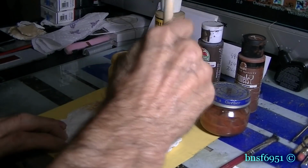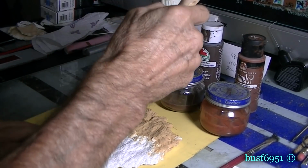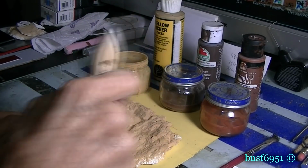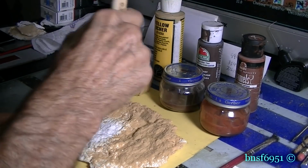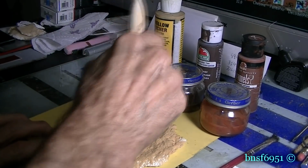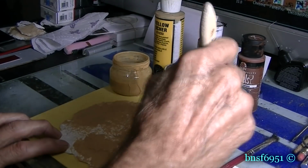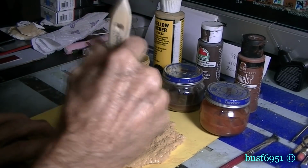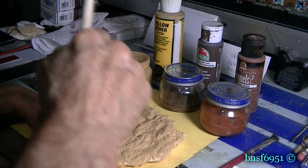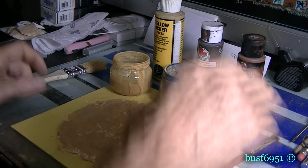Now this is almost the full color of the yellow, but it'll get toned down once we start adding the other colors to it. I used a big brush because it covers the area a lot faster than using just a small little brush. Then what we're going to do after this is applied, as much as you can get it done, put this on the side for now, and we'll take the